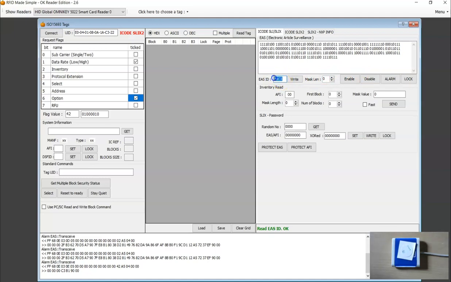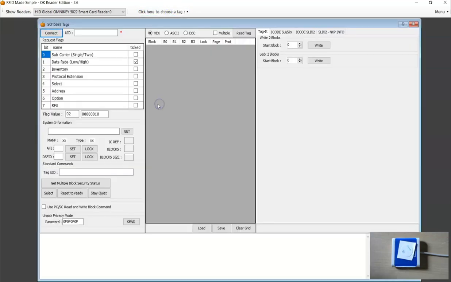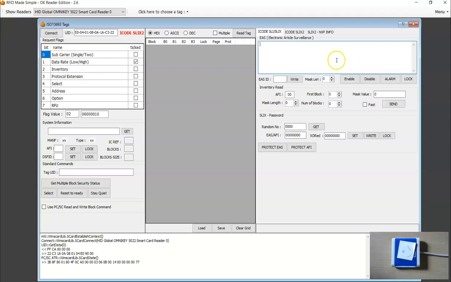Okay, I'm going to make a copy of this number. Now I'll go back to this. I'm going to connect. And I'm going to send the alarm command with the EAS ID. I'm going to use all the 16 bits of EAS ID, so I'm going to set the mask length as 16. If you hit alarm now,